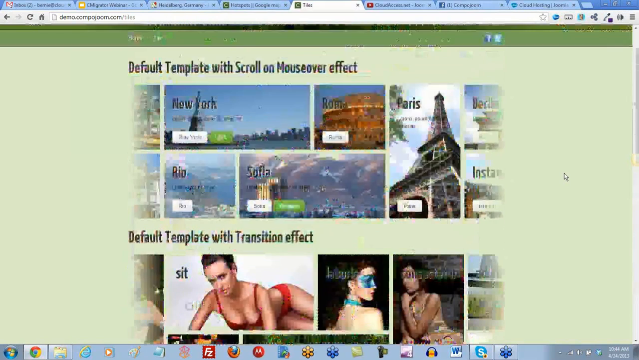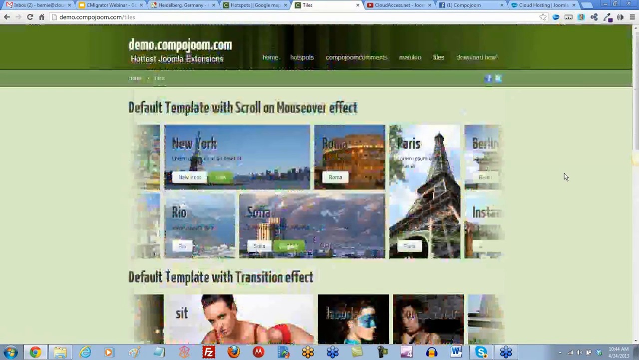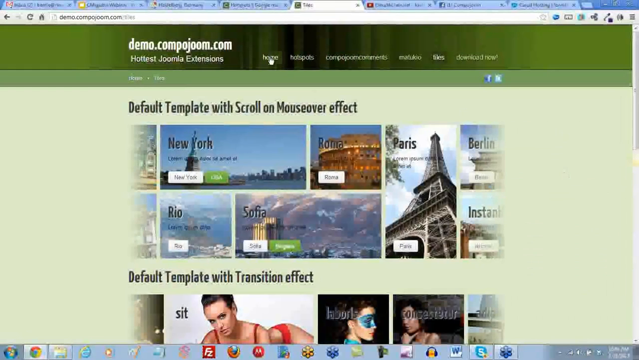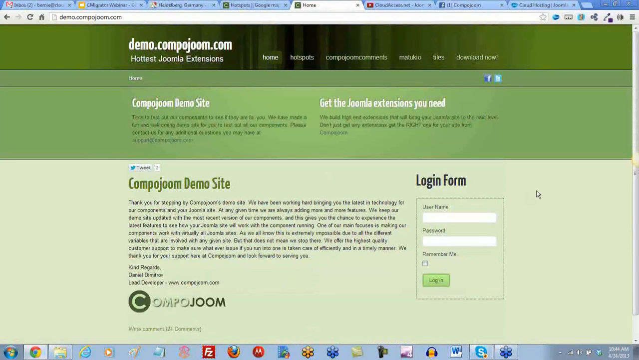Oh, very cool. So basically, that's all. We have a lot of other free extensions that are targeted toward developers, but people can have a look at